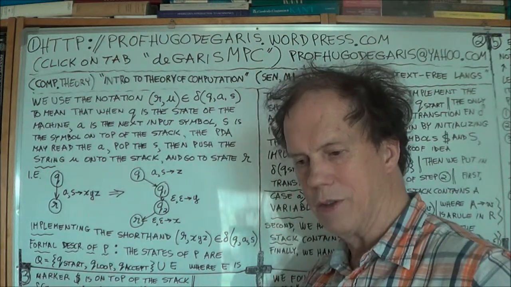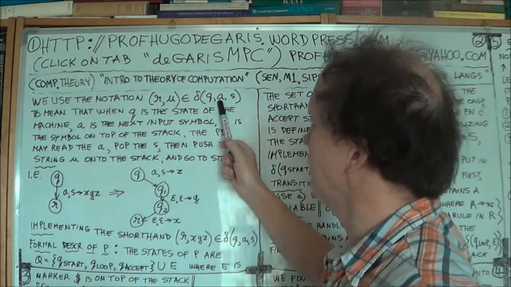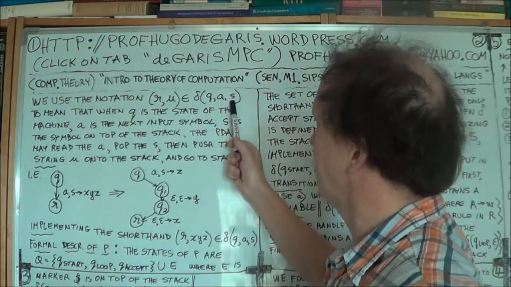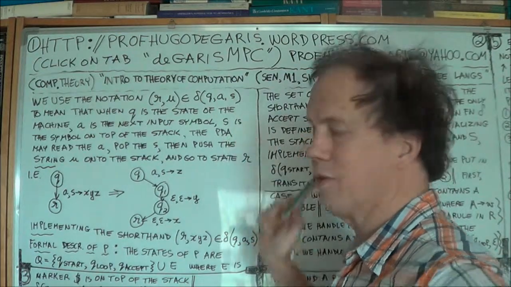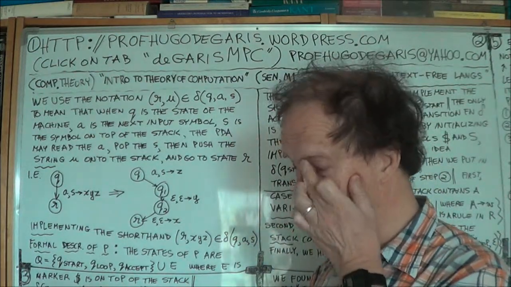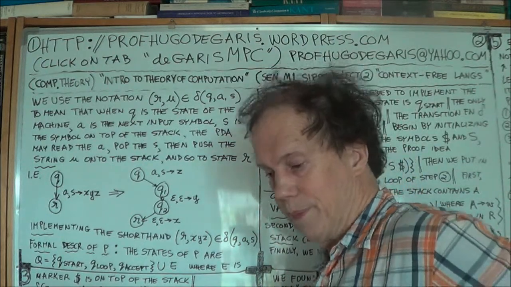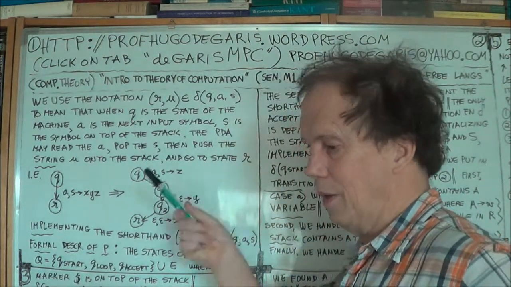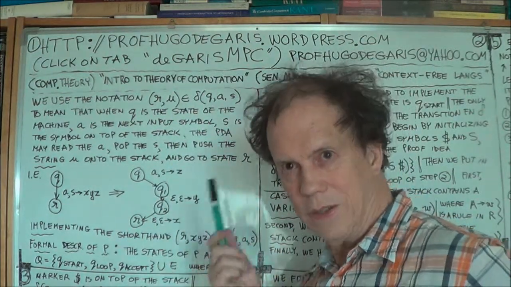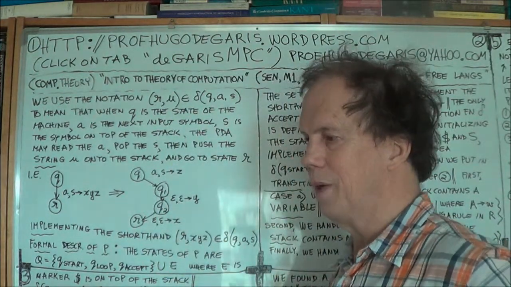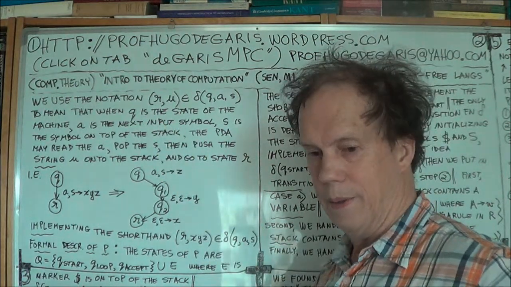Now, depending on those 3 things, what the current state is, what the current symbol is being read in the string, and what the current symbol is at the top of the stack, on the basis of those 3 parameters, if you like, in your transition function, that will map